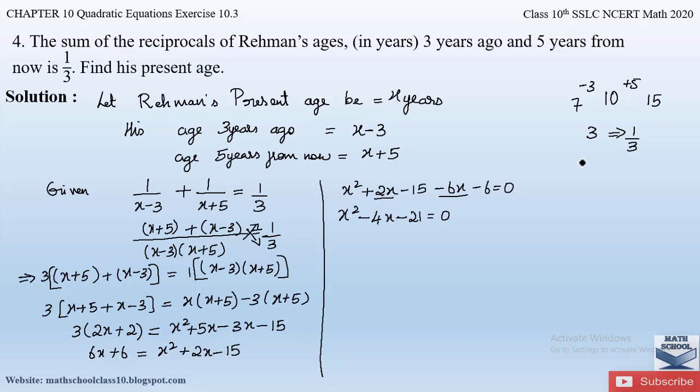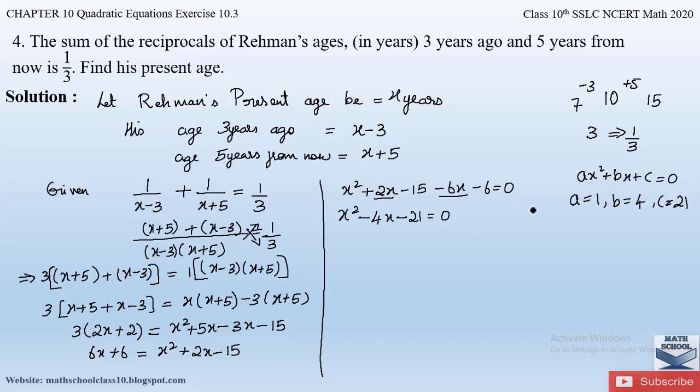So now we have obtained a quadratic equation, the standard form, which is ax square plus bx plus c equal to 0. So now we can apply any of the three methods to find out the roots here. Either you can apply the method of factorization or splitting the middle term. Then we can apply a quadratic formula, or by using completing the square we can find out the roots. So here let us find out the roots by using the method of splitting the middle term. So first of all let us find the a, b and c values comparing with the standard form of the quadratic equation. So a value is here, it is 1, b value is 4 and c value is 21.